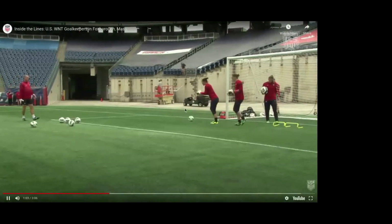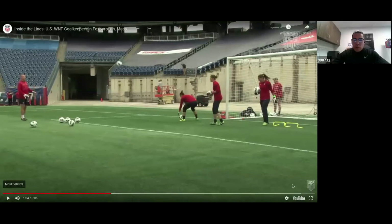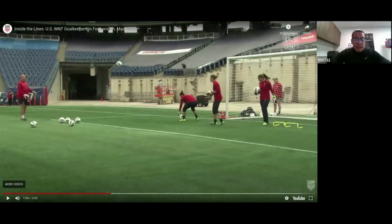A couple people have chatted, Chris, and said okay. So far, 2 people have said warming up, getting touches on the ball. Yeah, I love that. That's easy to see, but let's be a little more specific, goalkeepers. If I look at the session, I can clearly see they're warming up and taking touches on the ball, but